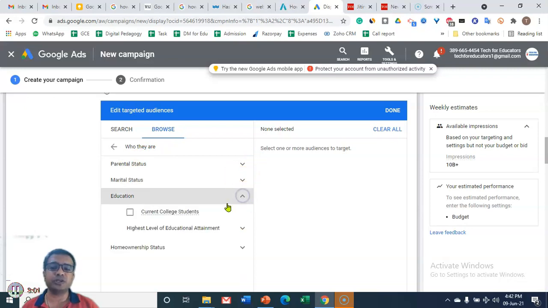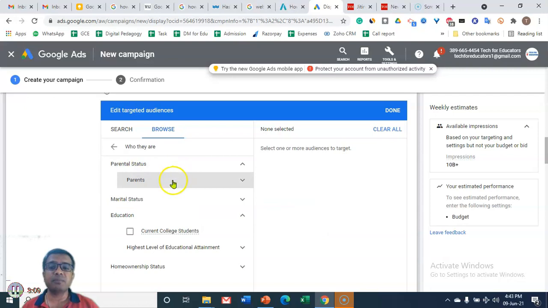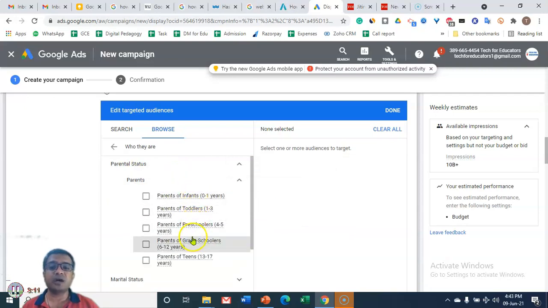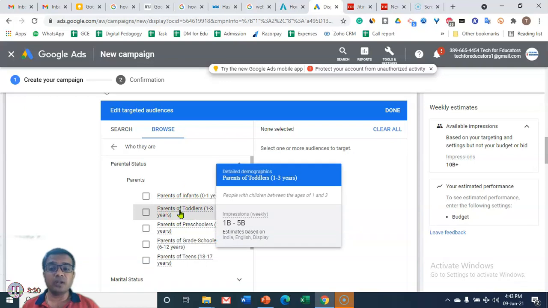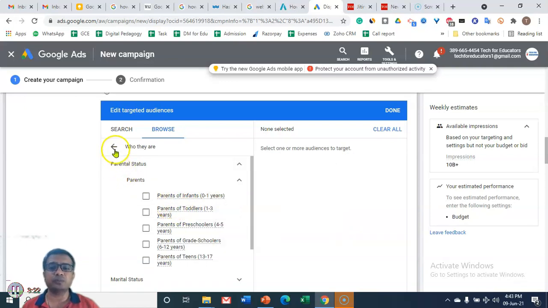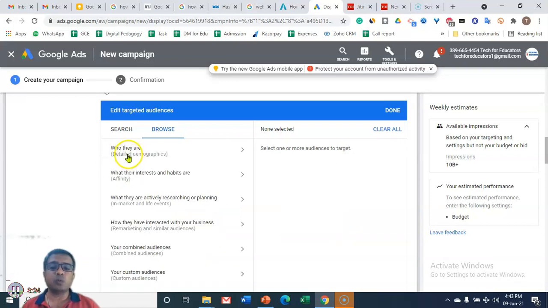Let me click on education. If I want to target current college going students, then I may select this option. Similarly, under parental status, many options are available, like parents of infants 0 to 1 and parents of toddlers 1 to 3. These are all part of detailed demographics, and we'll come back to how Google is collecting this information.